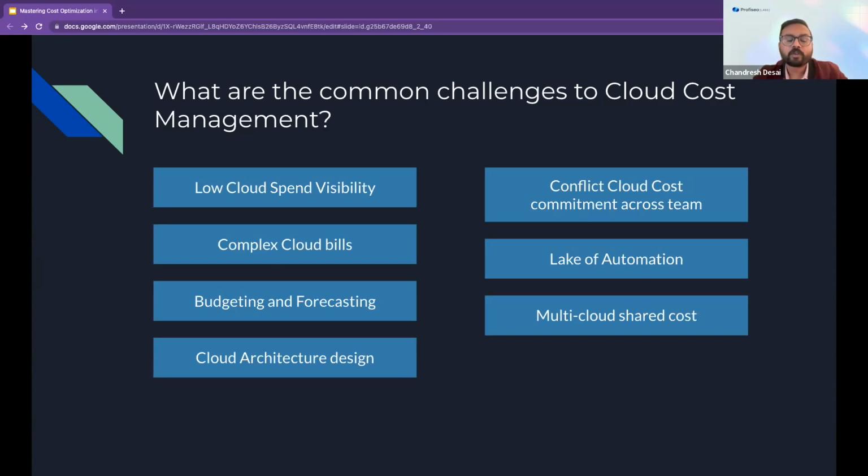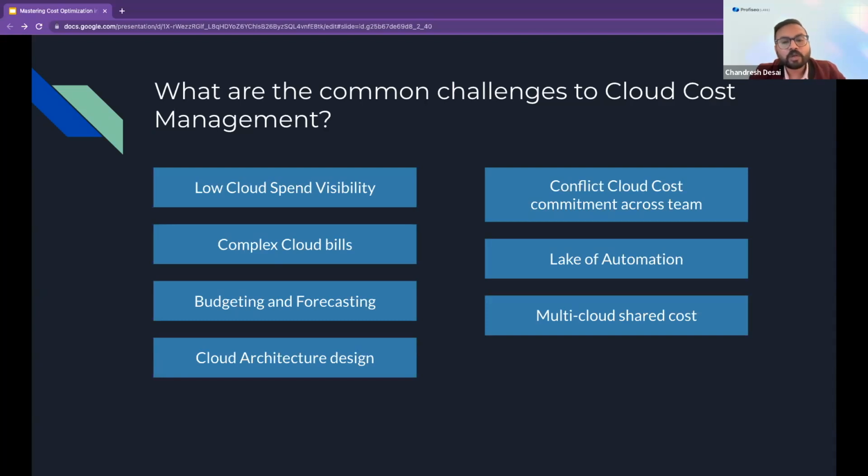And budgeting and forecasting is another challenge. Cloud spend is a variable model, a pay-as-you-go model. So if your data science team spins up new resources and they stop turning them off, then it will be a real challenge for the team. The bill will go really high compared to the previous month, and so it is hard to predict cloud cost or forecast the billing amount.